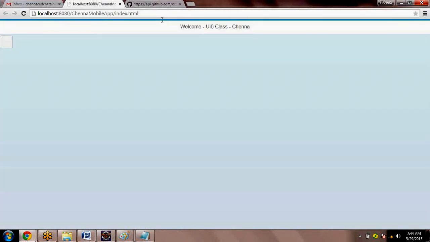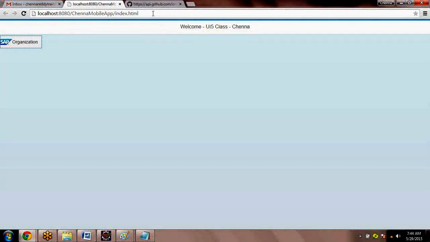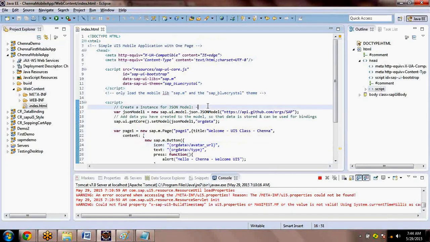Okay, so let me force refresh. You are getting it. So what I'm trying to do here is getting the data. Once I get the data, I need to set it to the core so that the data will be available for your application elements.